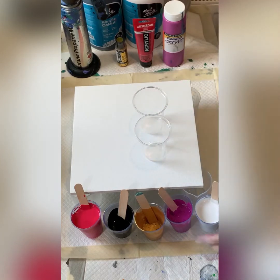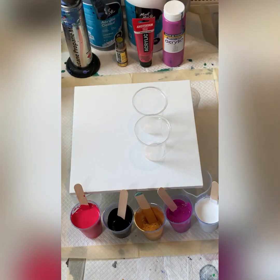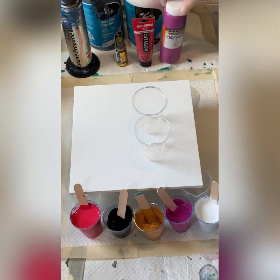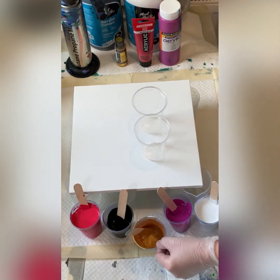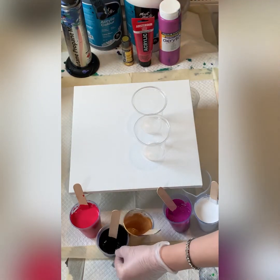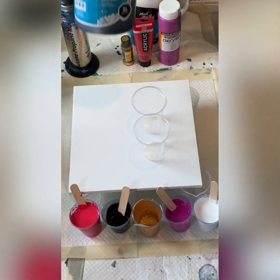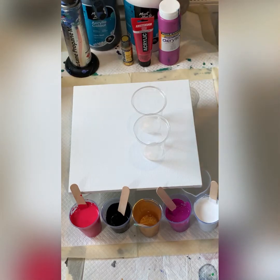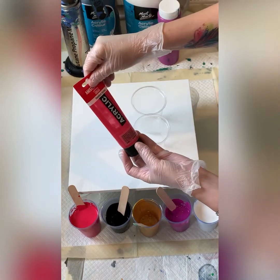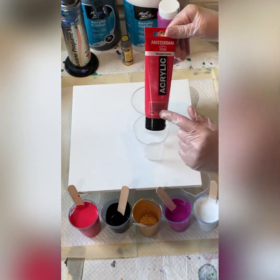So I have today some white, so titanium white from Montmartre. I have these purple from Daler Rowney, graduated acrylics. I have some gold, Extreme Sheen Deco Art, some black, just a little bit, just to give it a bit of depth. Same thing from Montmartre, the Lamp Black. And my last colour is bright pink, which is actually called Permanent Red Purple from Amsterdam, and it is a